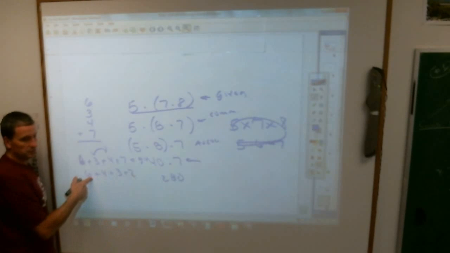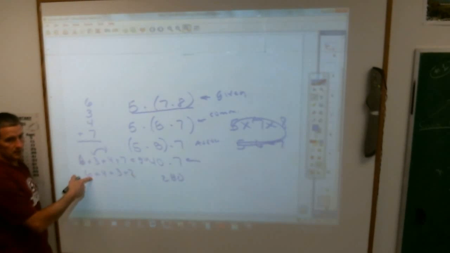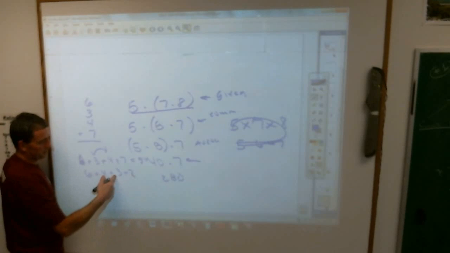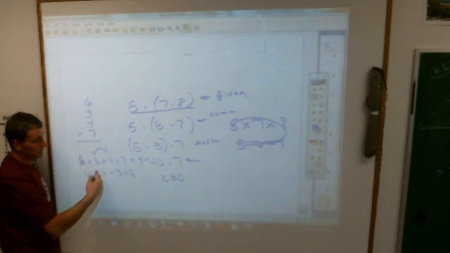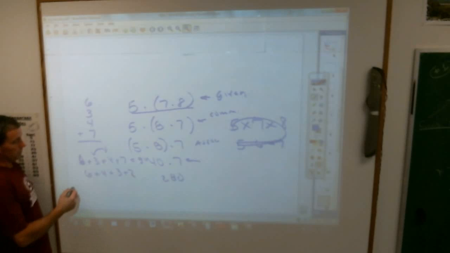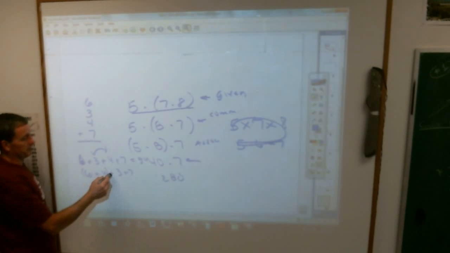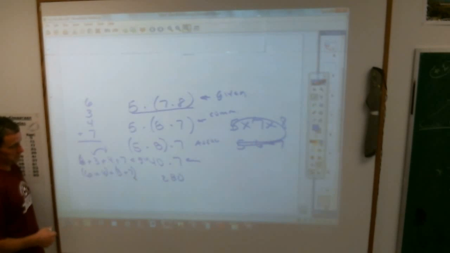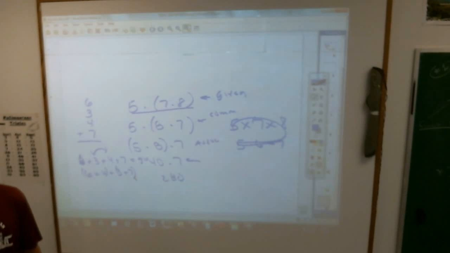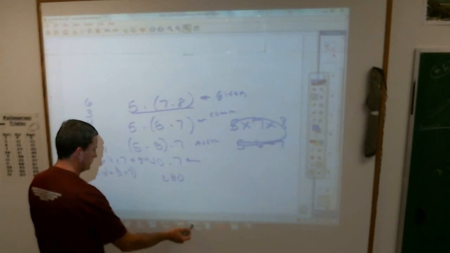What property did I use to do that? Yeah, I used the commutative property because I moved those things. Then you could put the parentheses in here, and that would be the associative property. That's exciting, isn't it? Do you not find that